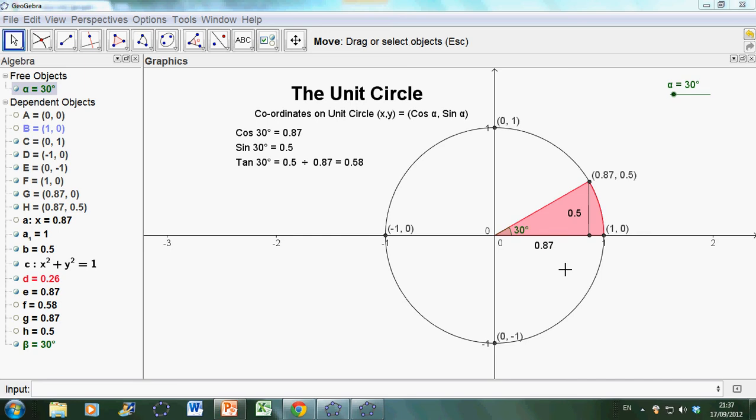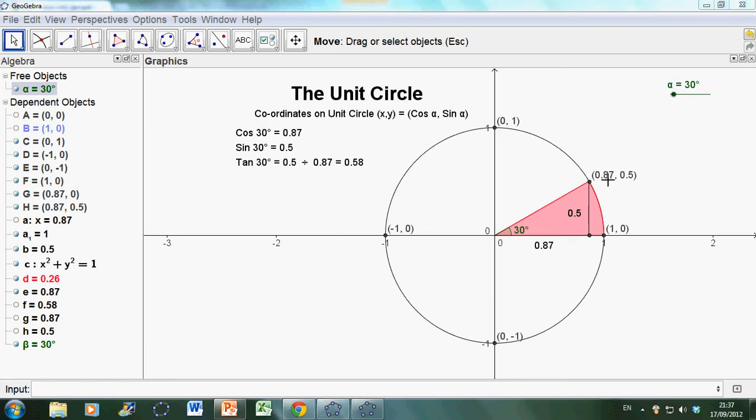Okay, we're here to talk about the unit circle in trigonometry. The unit circle is made up of a circle that has a radius of 1, exactly 1, and a center of 0, 0. So we've recreated this here at the minute, and we've just drawn in an angle of 30 degrees. Now what the coordinates on the unit circle actually represent, which is useful for us, is the